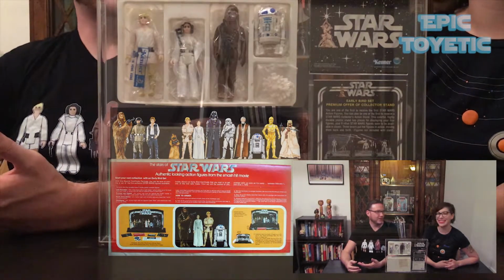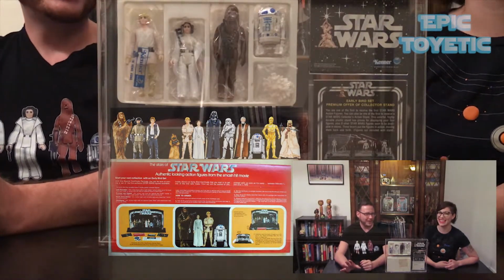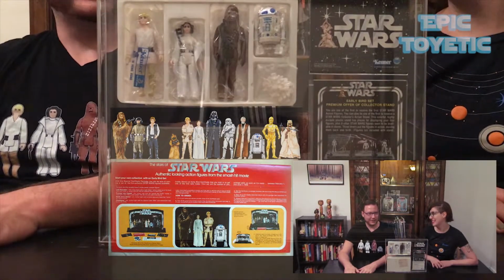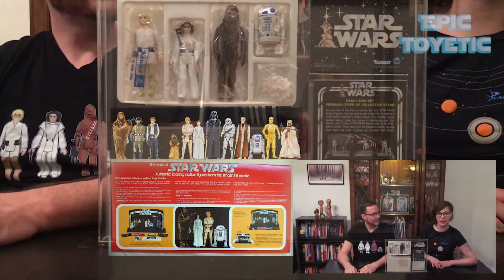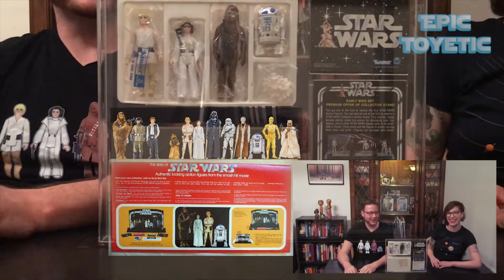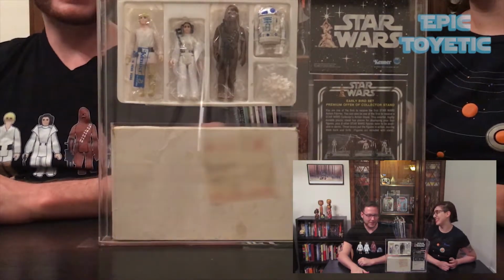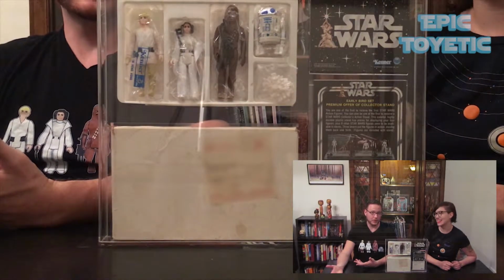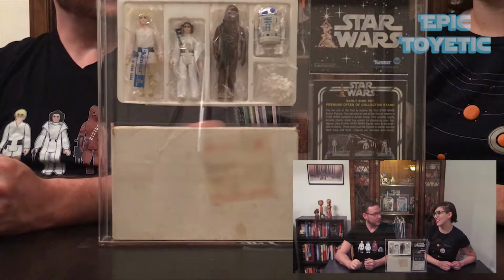It's fun to read that stuff now because it's just a little bit off. It's a little strange how they're described, Darth Vader, villain. Yeah, Chewbacca, Space Wookiee. Space Wookiee, I love that one. Yes, Space Wookiee. So anyway, you would buy this envelope in stores, and then tear off a little coupon, fill out your name and address, put it in the mail,